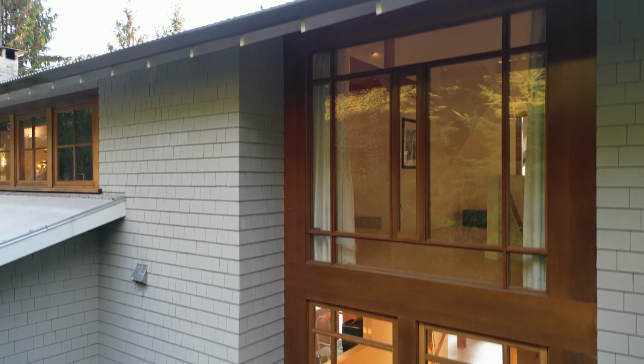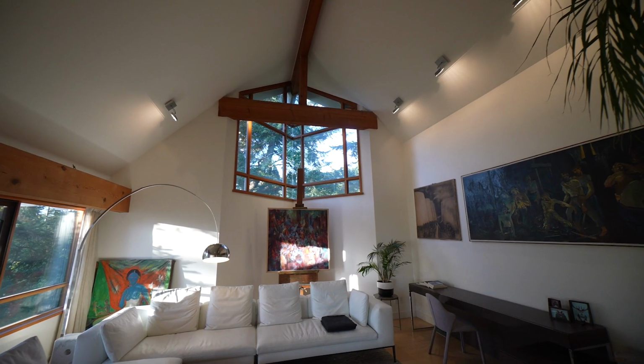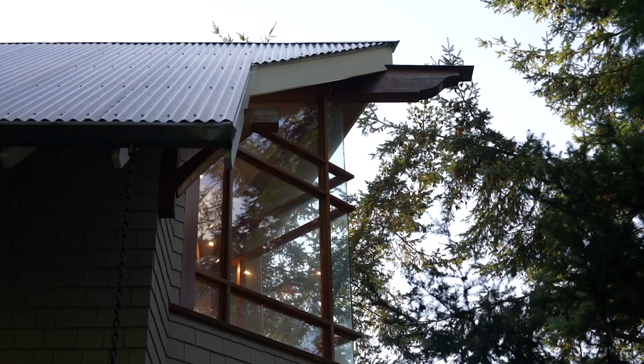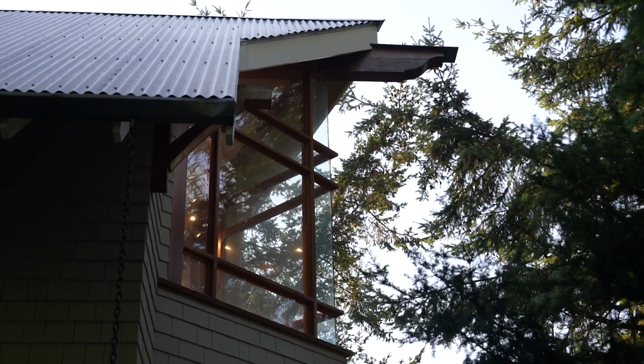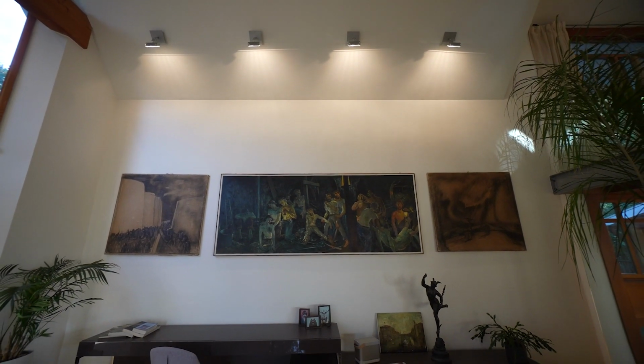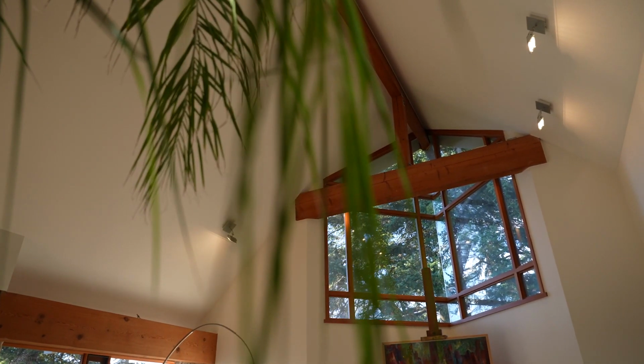So Lewis, tell me about the living room, or as we discussed, more of a gallery, because as you can see from what these owners have done is they've really used it in its essence for what your purpose was when you designed it. Not everybody knows how to use the space, but what we tried to do here is to